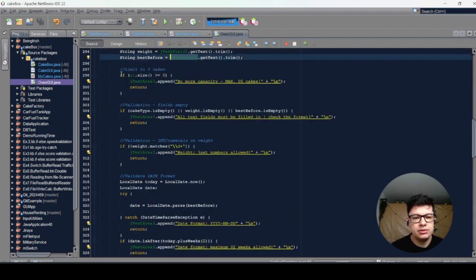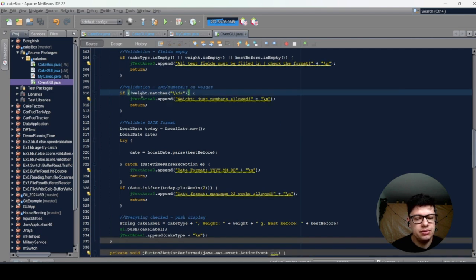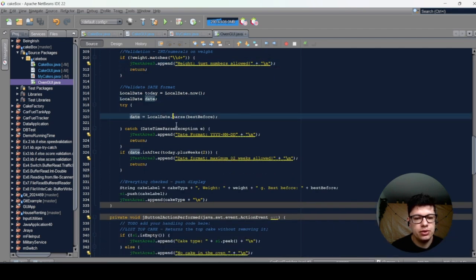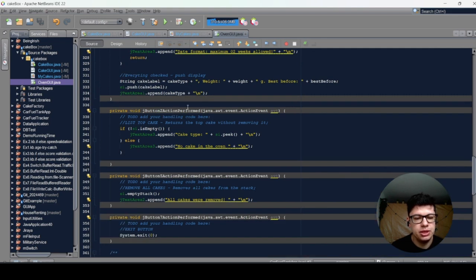We have a validation phase, so the capacity of the oven has a maximum size of 5. We also have a validation for empty fields. So if any of the fields are empty, it will return a message. The weight field needs to be a number, or it will return an error message. We also have a format for the date. It will be checked. After everything is checked, the display will push all the inputs and will display the resulting